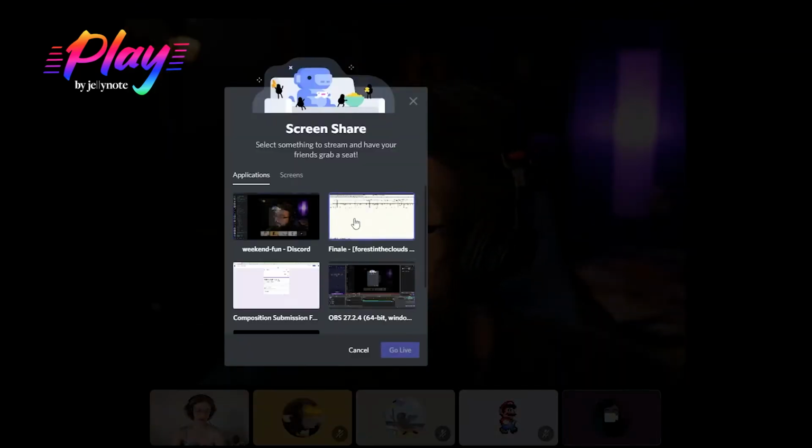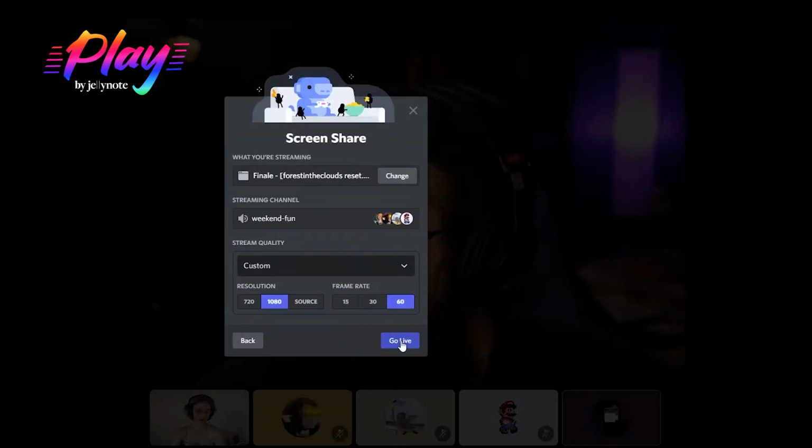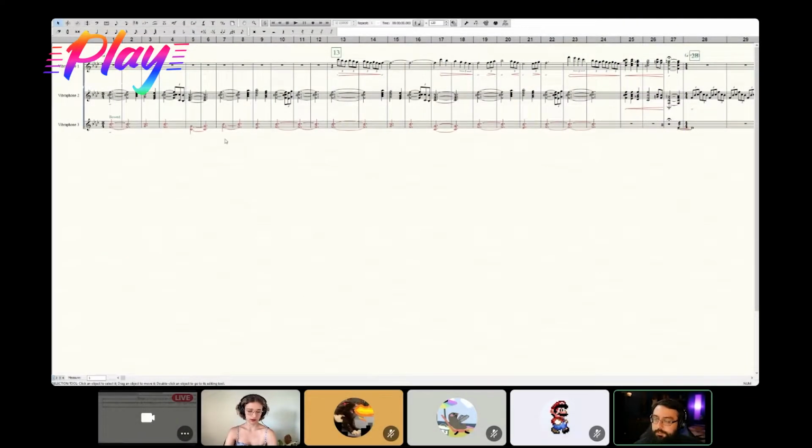I've got it pulled up here in my Finale window, so let me go ahead and share my screen. If you are in the audience right now, you should be able to open up this streaming window as soon as that comes up. You should be able to see that down there in the lower left corner of the screen, and should be able to hear as soon as I press play.